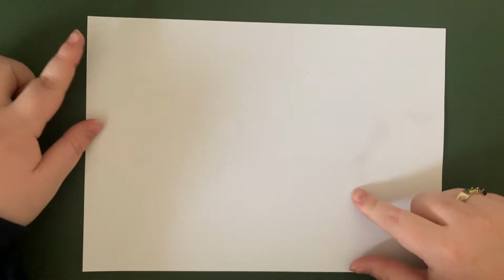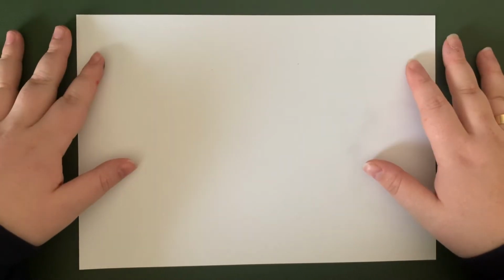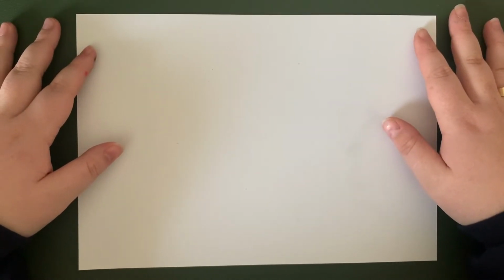Okay, so like I said, I'm starting with an A4 piece of paper, and I've decided for this artwork today, for me, this is actually going to be a little bit too big. So I want to make this an A5 piece of paper. You can keep yours as A4, which is the normal size that we use for printing and all those sorts of things, which is what you've probably got at home. Or you can try and do what I'm about to do, which is turn it into an A5,